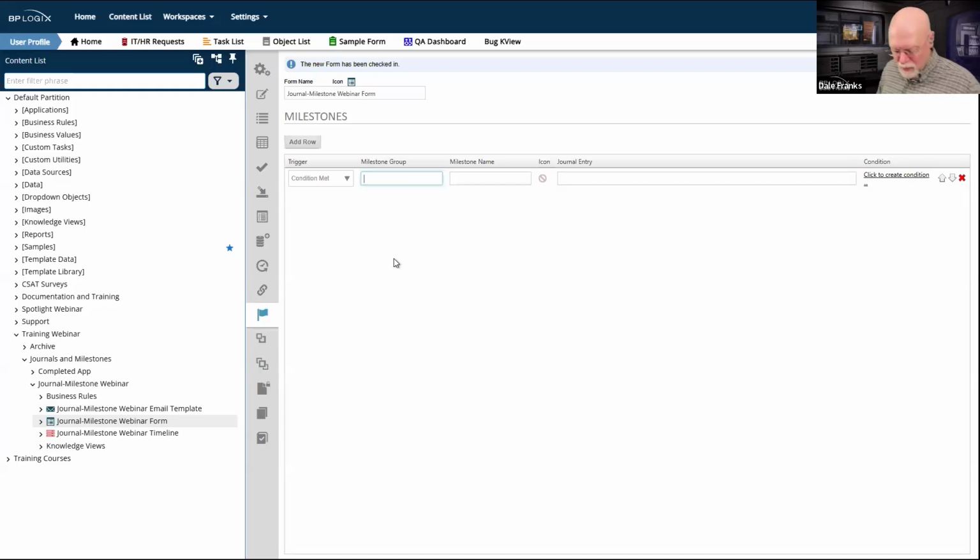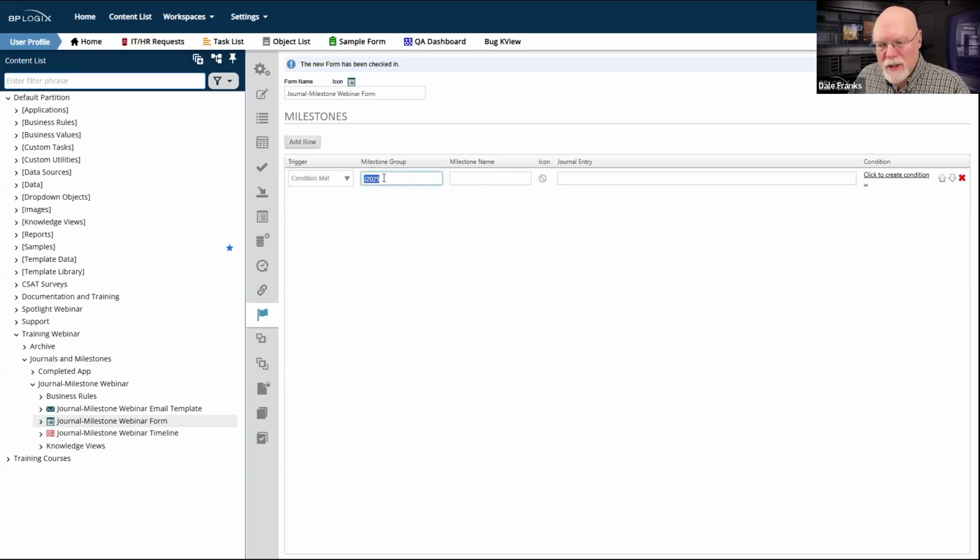And this milestone group is going to be J 2025. And it's going to be that because I don't remember what previous milestone groups exist on the system. And so Journal 2025 is probably not something I've used anywhere before. So this is going to be fine. A caveat with the milestone groups.